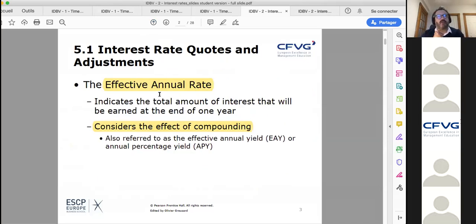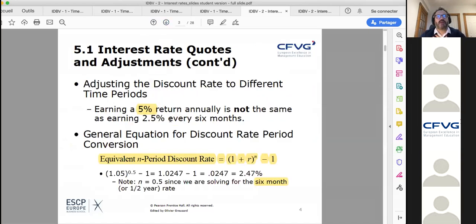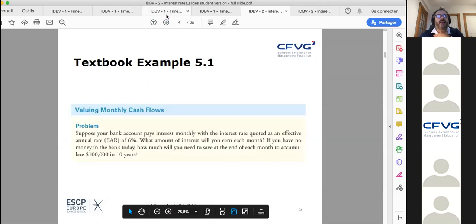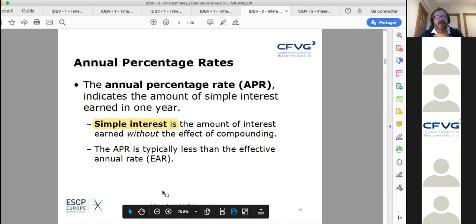We have the effective annual rate, okay, that takes into account the effect of compounding. So when we calculate a periodic rate, we take 1 plus r exponent 1 divided by 12 minus 1. Okay, and so this rate will be lower than when we calculate the APR,